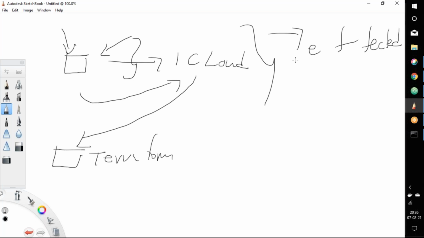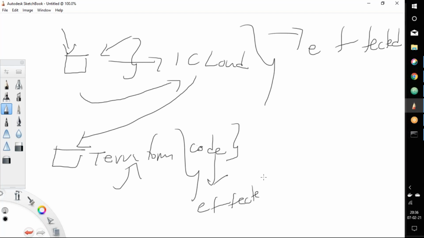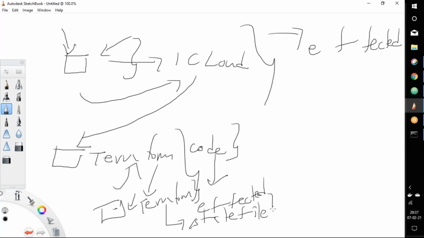And when we have the resource that is imported using Terraform, and if you are making some changes through the code, then the changes are going to be affected. Why? What is the reason? Because we have imported the resource, and this resource is now maintained by Terraform. And how does it know whether to make the changes or not? It just looks into the state file. So that's how the import command works. That's how import works.